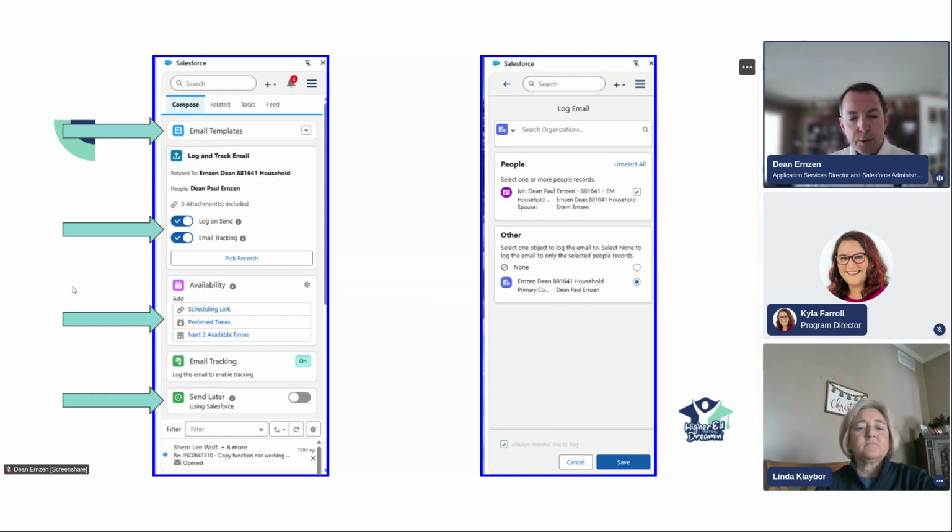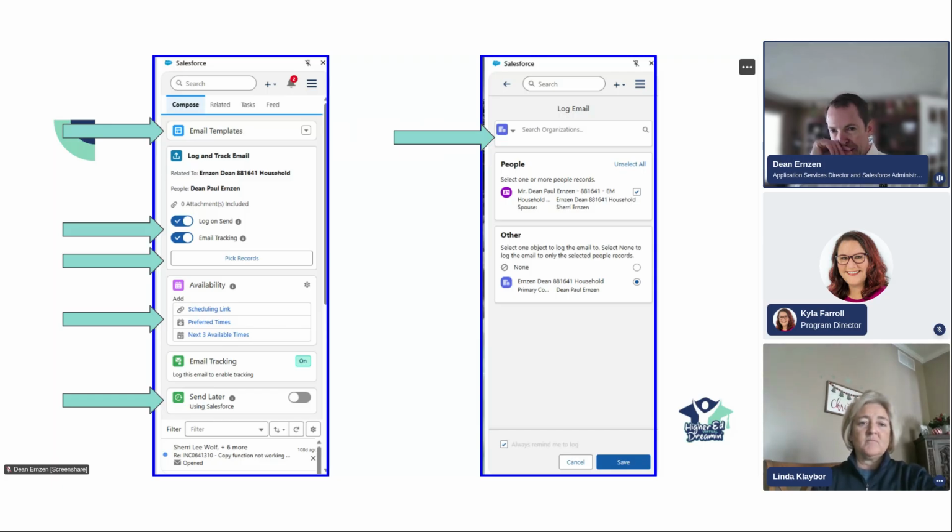Send later. Your email client likely has a send later option already, but what this does is it handles the send later and also does the logging and the tracking as well, so you don't lose any of that capability. And then picking the records. This is an important part of our process to make sure that we're linking the emails to the correct